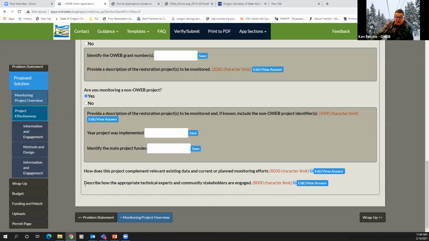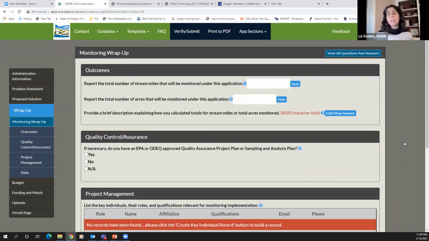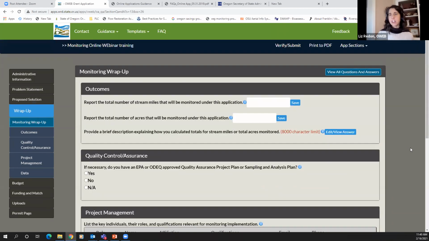You can certainly describe that here, but you can reinforce it more by uploading a letter of support from partners that are interested in your project. And I might just pause there, Liz, to see if you have anything to add to that element of letters of support. Yeah, thanks. Letters of support are highly encouraged because they really can help tell that project story of